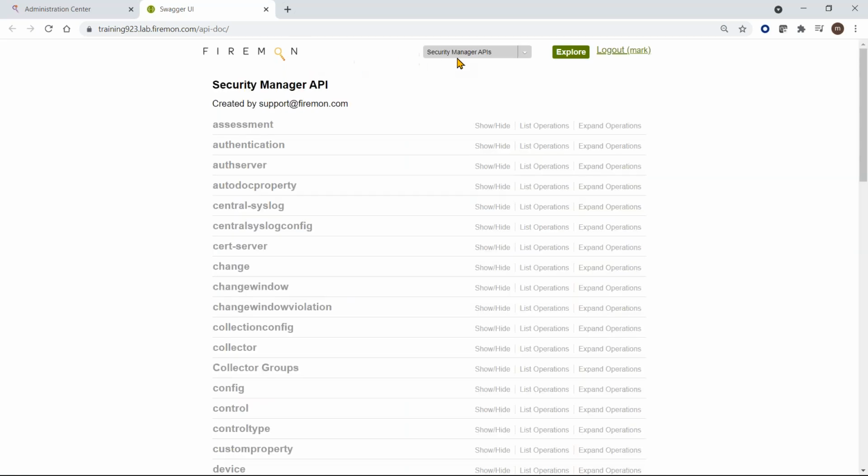Once I've entered my credentials, you click Explore, and FireMon is going to populate the list of APIs available to me, starting off with the Security Manager specific API calls. These are going to be organized here in sections. You can see here that you're taken by default to the Security Manager APIs, and they're all arranged in functional